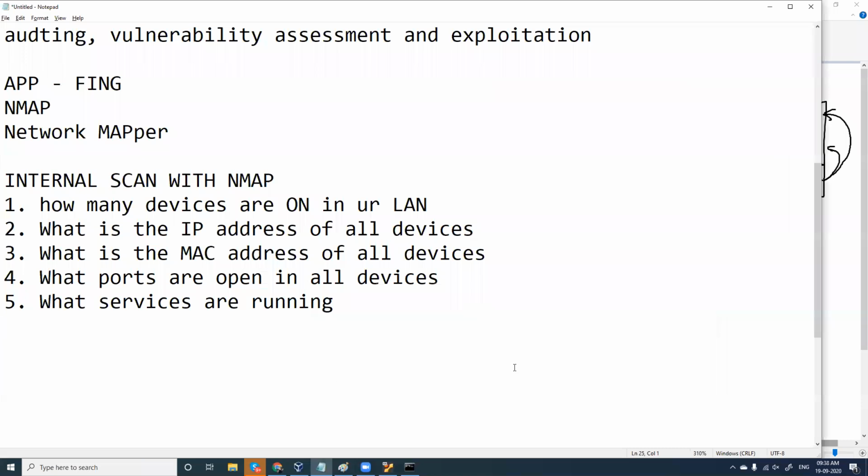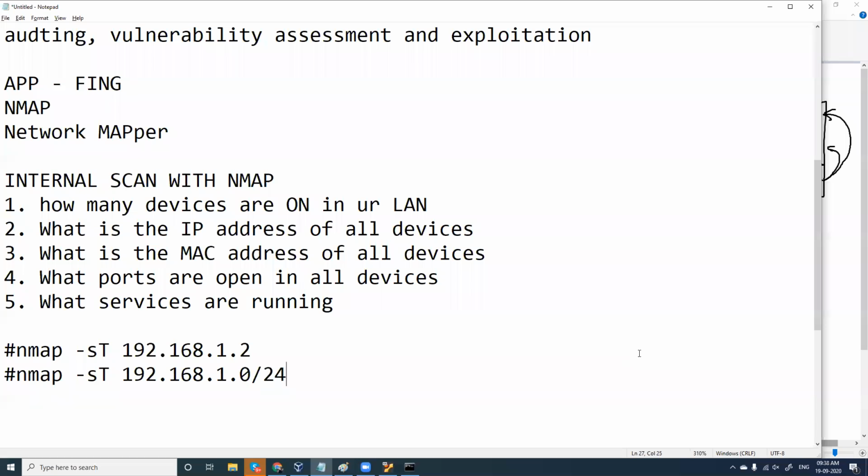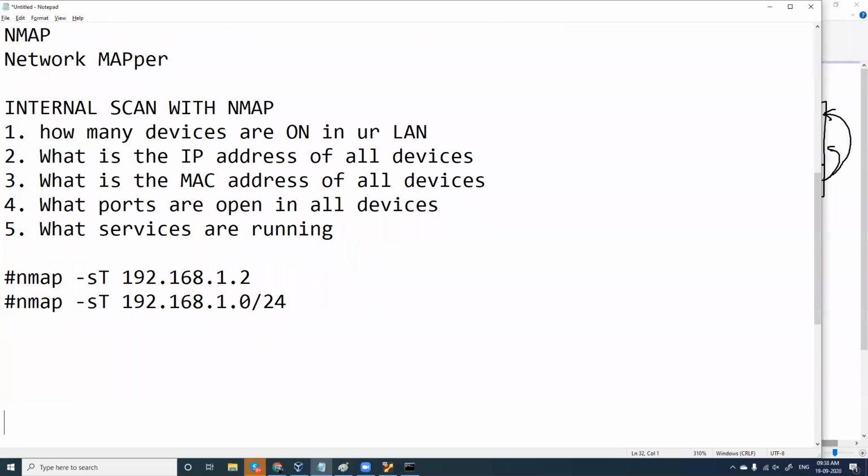I'll type what commands you can use: nmap -sT, and you can scan a single IP address like this, 1.2, or you can give 0/24 to scan your entire network. This is an internal scan.